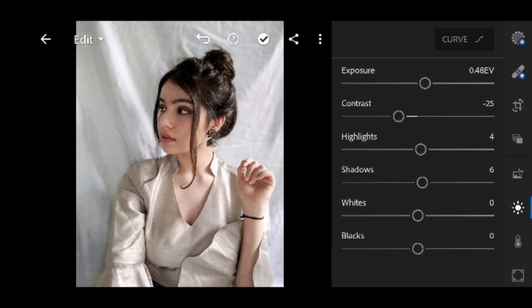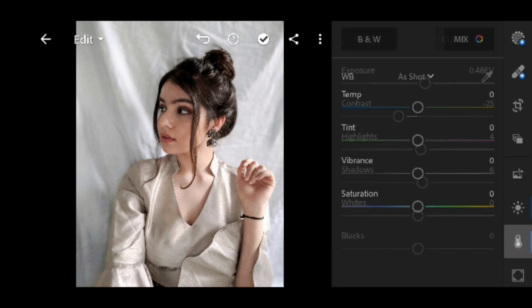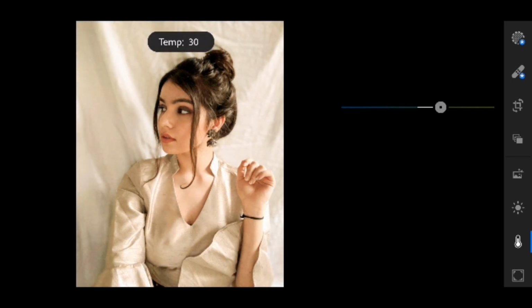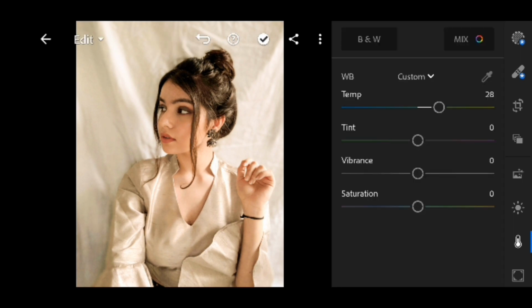As you can see, now we are going to increase the temperature and tint of this picture. I like my pictures to look warm and quite pinkish, so I'm going to increase the temperature. Do not over increase it because it looks quite fake. Just a little bit. As you can see the difference, it makes this picture look warm.